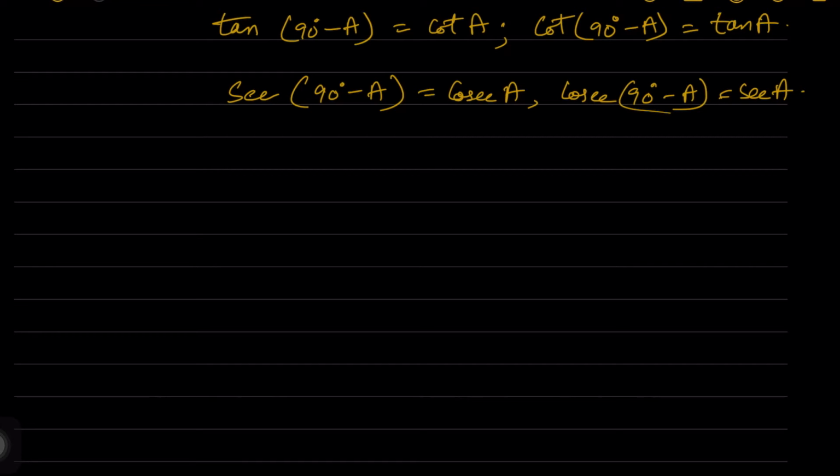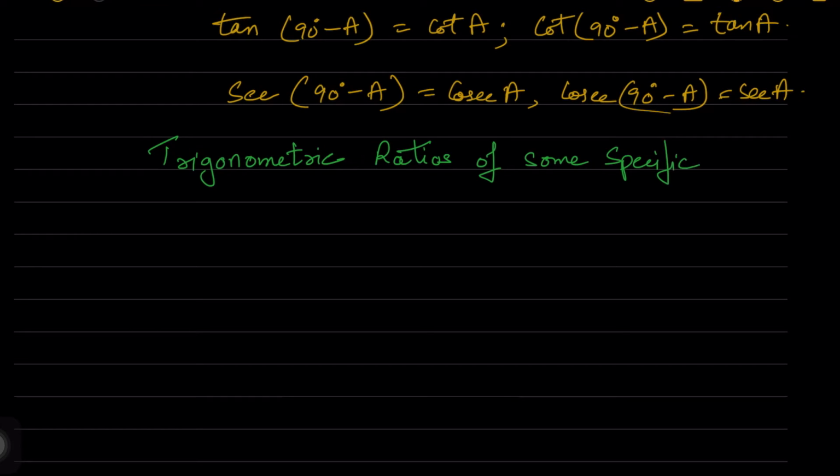Now we'll just see what are the trigonometric ratios of some specific angles. How did we get those angles? We'll just see. So trigonometric ratios of specific angles means how do we get sin 45? How did we get those values? Then how did we get sin 30? How did we get sin 60? How did we get sin 0? How did we get sin 90? We'll just go through all those for some specific angles. So trigonometric ratios of 45 degrees. First we'll go into that.